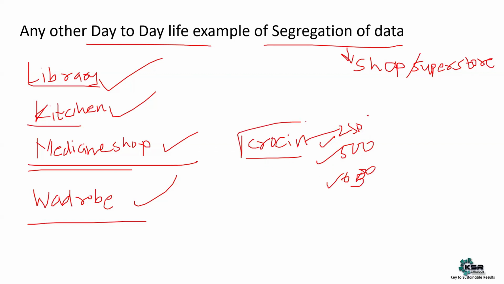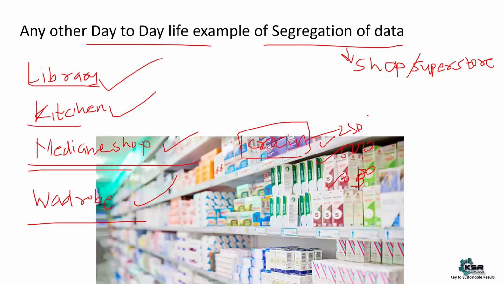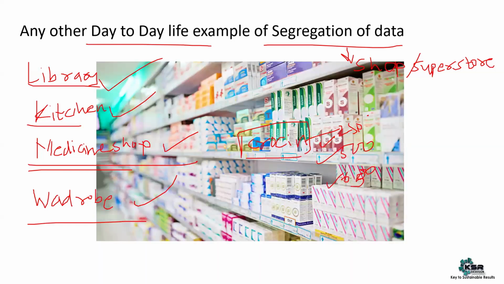Now, for a data analyst, you will only get kerosene. You'll never expect anything like kerosene 250. You'll get kerosene, and you have to go back and identify whether kerosene 250 is correct here, kerosene 500 is correct here, or kerosene 600 or 650 is correct here. So that's the role of a data analyst. One of the most important day-to-day examples is your medicine shop. Similar names, very few changes in alphabetical names, but with very few changes, the diagnosis will completely change.